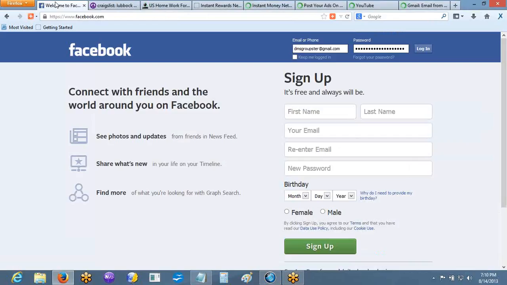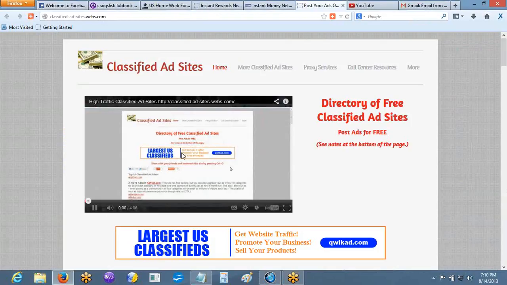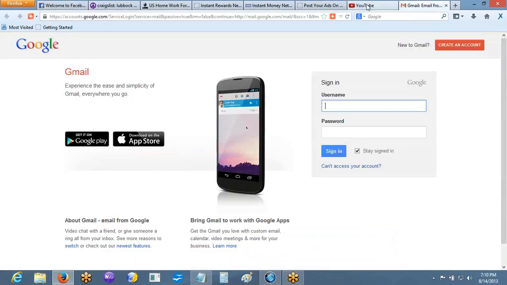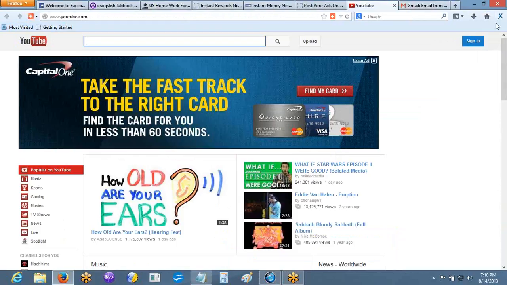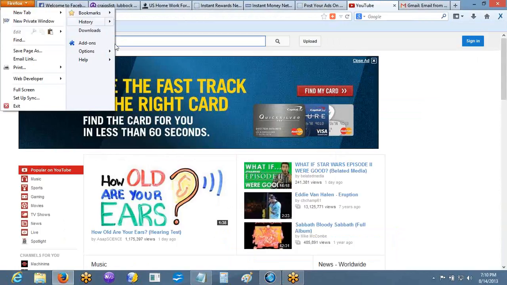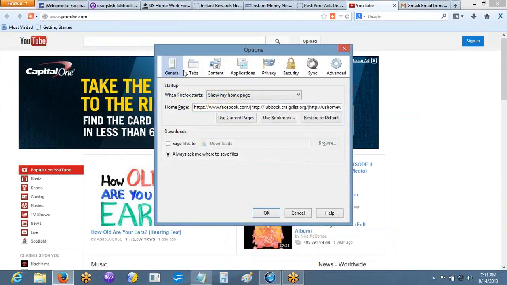I'm going to go ahead and open up all my default pages and put this on hold. You notice I have several tabs that opened up when I clicked on my home tab. In Firefox, if you go over to your options, click on options. I explained this in another webinar the other night. If you put in multiple